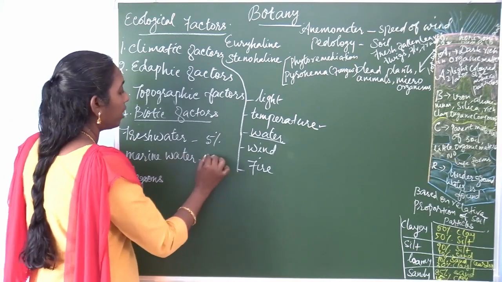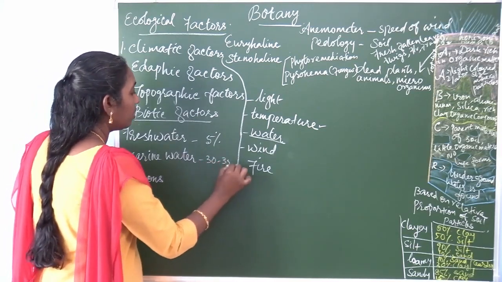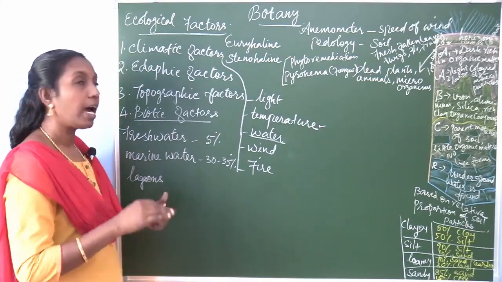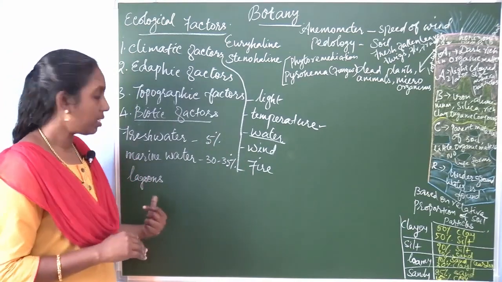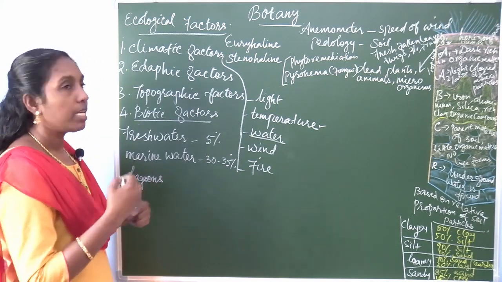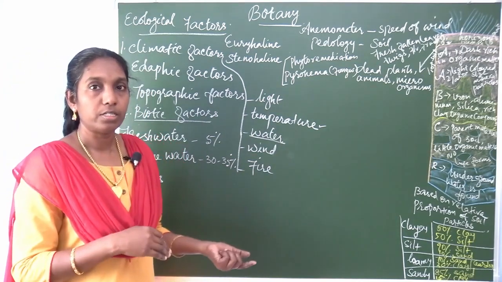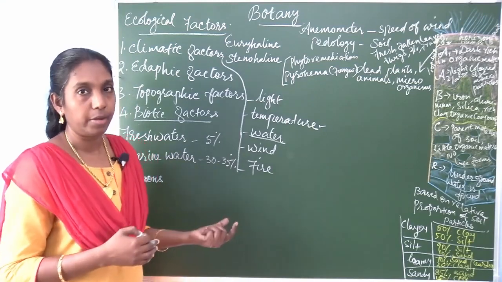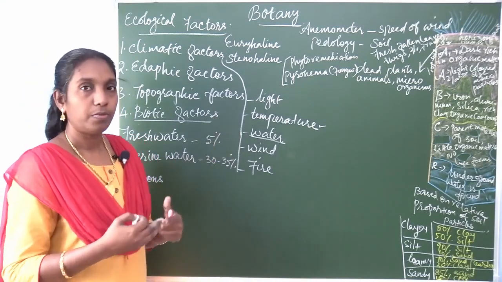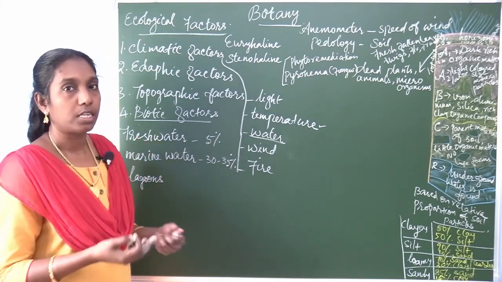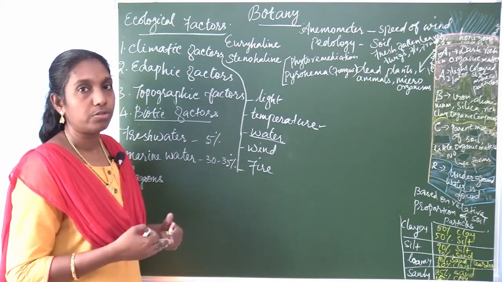Sea water or marine water is 30 to 35%. More than 100% is hypersaline water, that is lagoons. Based on this tolerance, aquatic plants live in sea or marine water, and freshwater algae, small microorganisms, live in